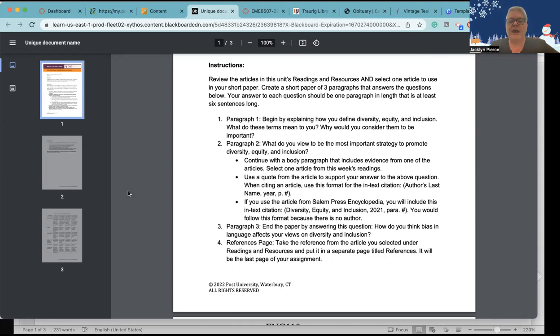In paragraph 3, end the paper by answering this question: how do you think bias in language affects your views on diversity and inclusion? In the references page, so you will have a cover page, you will have the 3 paragraphs starting on page 2, and then whatever your next blank page is would be the references page. Take the reference from the article you selected under readings and resources and put it in a separate page titled references. It will be the final page